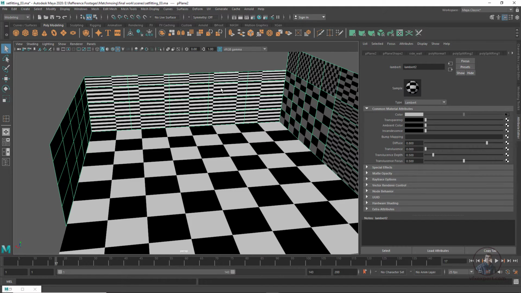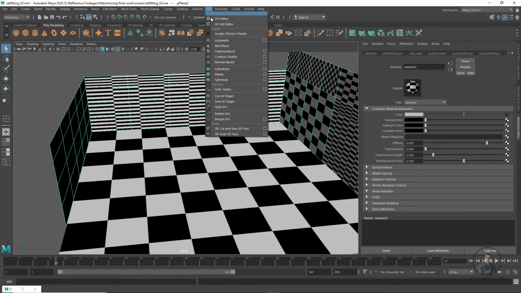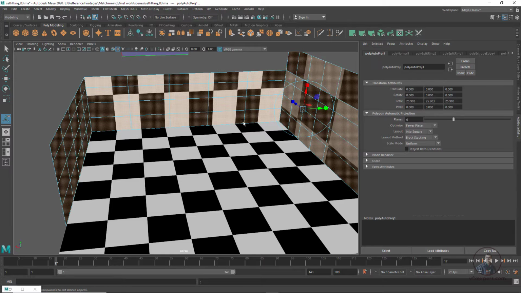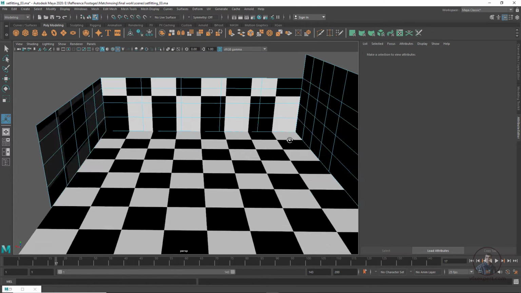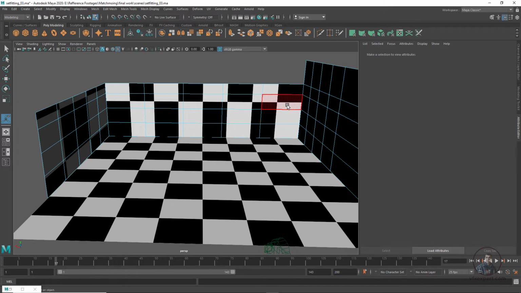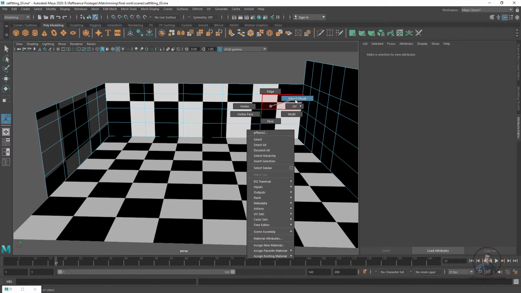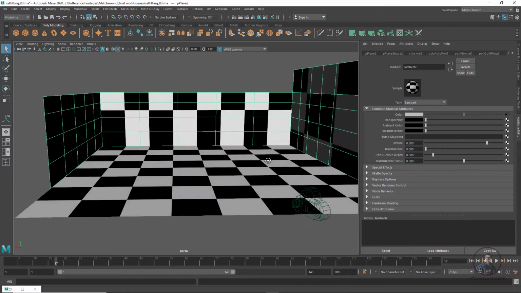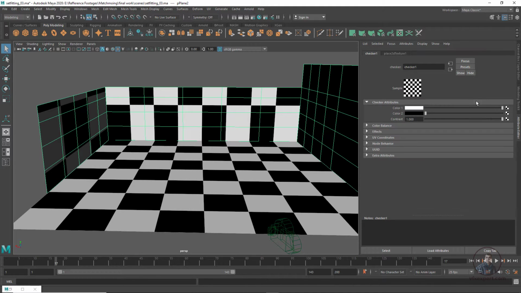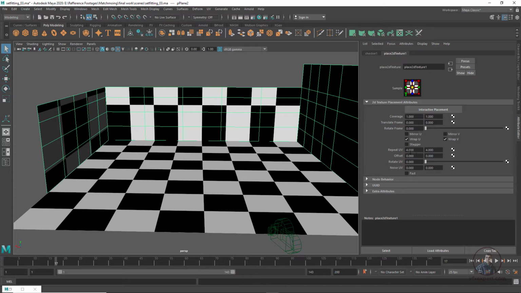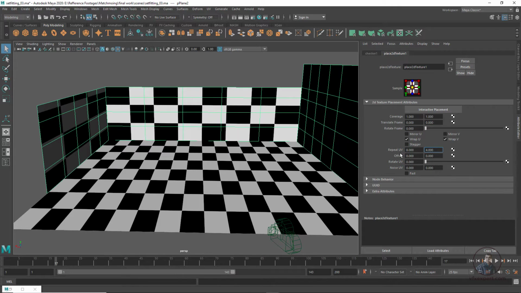So here I have selected this one, maybe UV, and automatic, so you can easily adjust. Okay, so now if you want to scale, you can adjust your UVs here. So I think these are sufficient for us. Then in object mode, if you want to adjust your UV a little bit, select this wall here, then come into Lambert here, this one, and you can increase these values. Okay, so maybe 8 by 8.